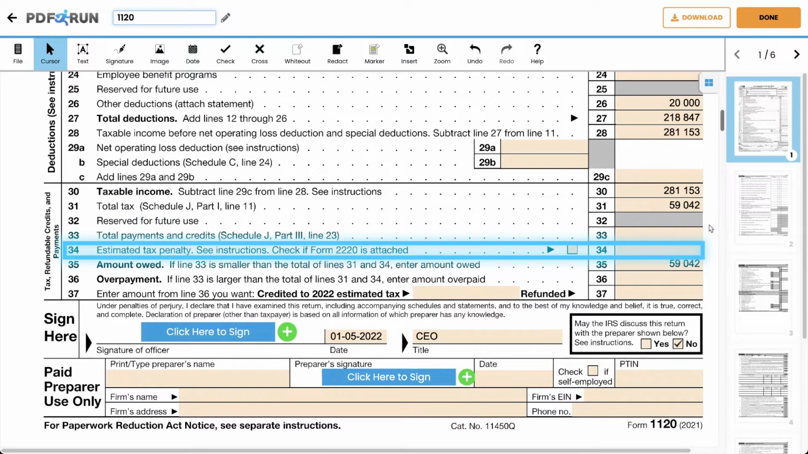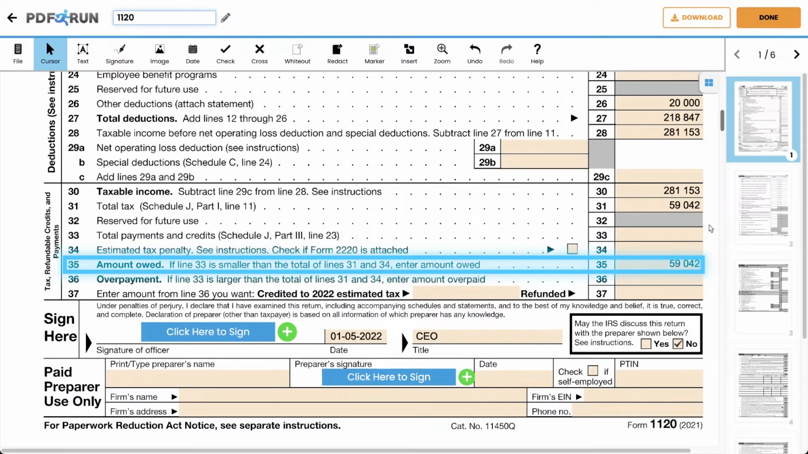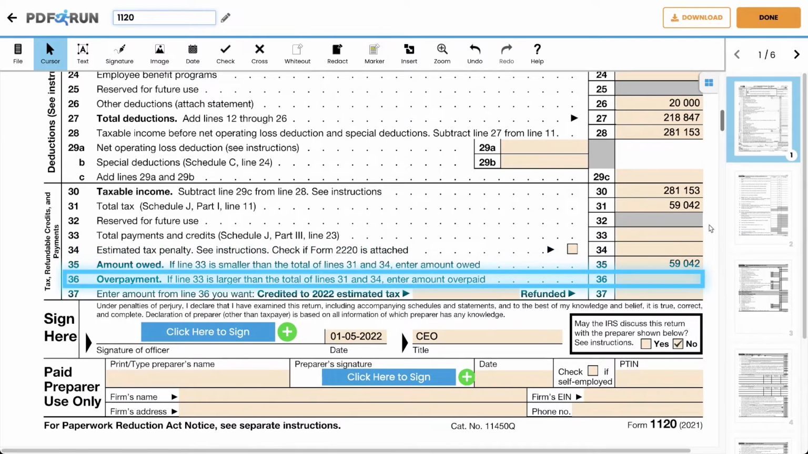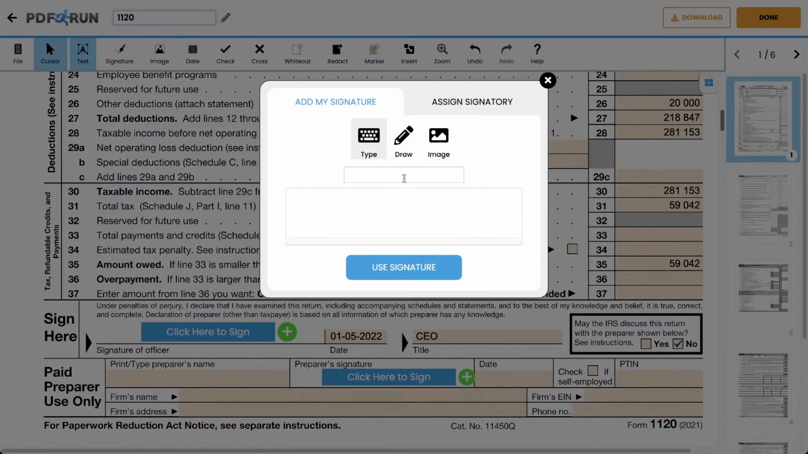Enter the estimated tax penalty, and check the box provided if Form 2220 is attached to this form. Line 35. If line 33 is smaller than the total of lines 31 and 34, enter the amount owed. Line 36. If line 33 is larger than the total of lines 31 and 34, enter the amount overpaid. Signature. Have the representative of the corporation that this form is being filed for sign in the space provided, and